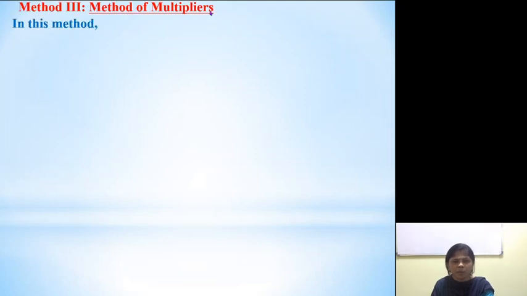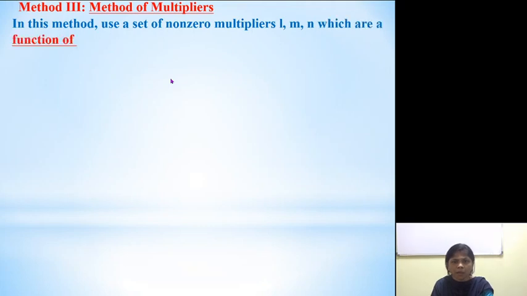We use the third method when it is not possible to obtain both the solutions by method 1 or by method 2. Method 1 is called the method of grouping and method 2 is the method of substitution. When we are unable to find even one solution using method 1, then we use the method of multiplier. That is the first requirement. The second constraint is that we cannot get both solutions by either method 1 or method 2. Then, as a supplement, we use the method of multiplier.